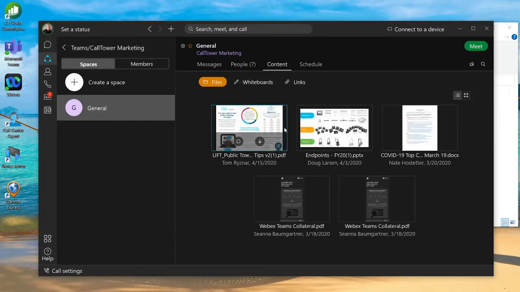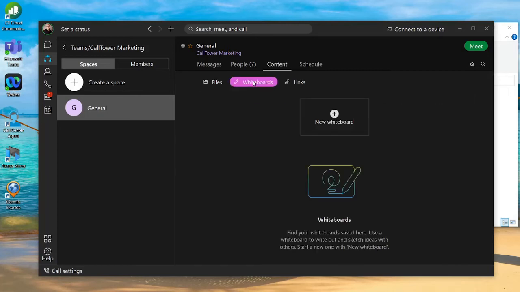Any content that's been shared within that group is there. So any files, as you can see, there's been some file sharing. If there's been any whiteboard or any drawing, those whiteboards, those sketches will be there. So call flows, things like that might be in there. And then if I wanted to schedule a call, so this would be a meet, like an ad hoc. Let's get a meeting going right now. Let's get everybody going. But if I wanted to schedule a call for that group, I can just click on